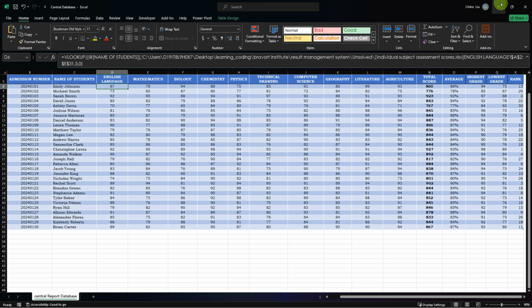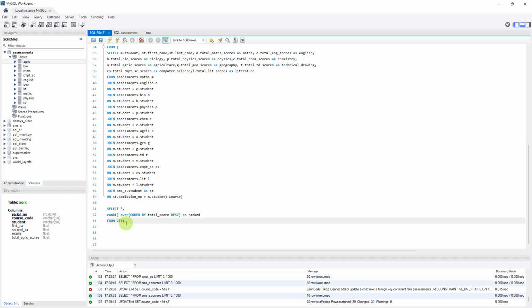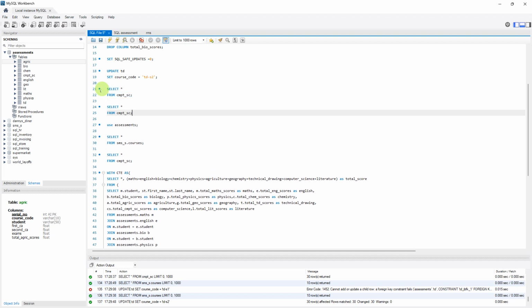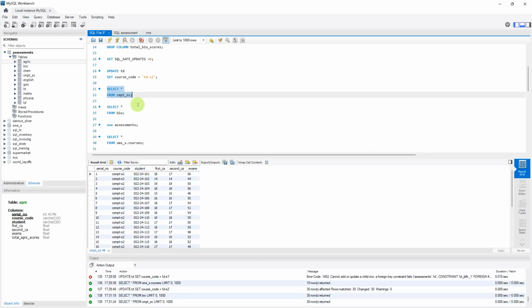So that's what I actually want to do. In order for me to do that, since all my tables for the assessment, if I check the compt_sc and the bio, you see that they have something in common: the students. It's a common thing, and it's a foreign key, right? And so I can use this to join all of my